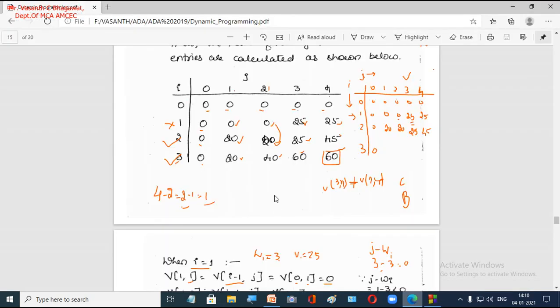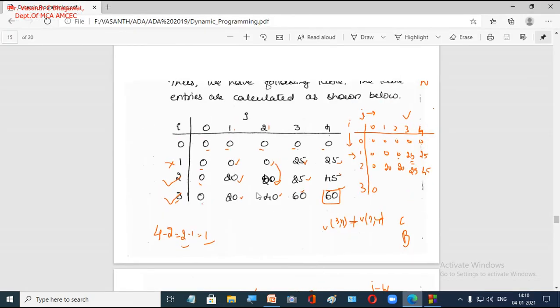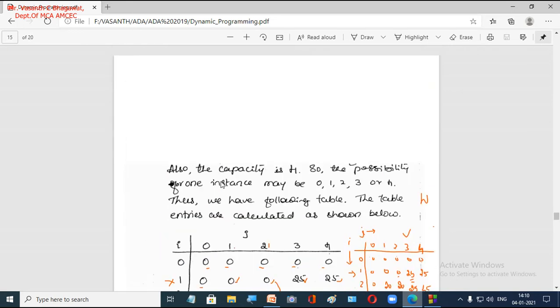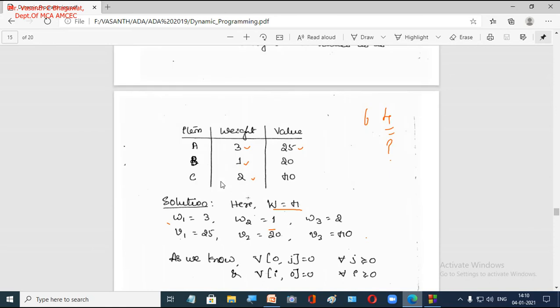Now if you take this example, I will try to run this particular example. What we have done in the theory, we'll try to execute the same example. So here 3 items are given: item A, B, C, and corresponding to the 3 items, weight and profit or value is given for us, right?